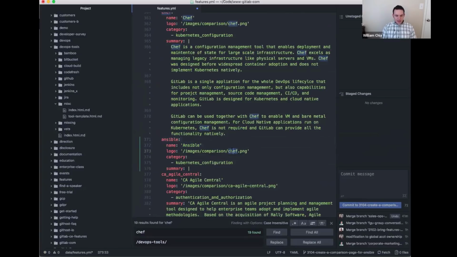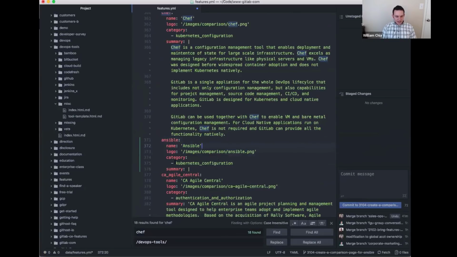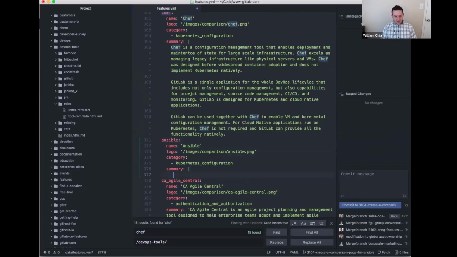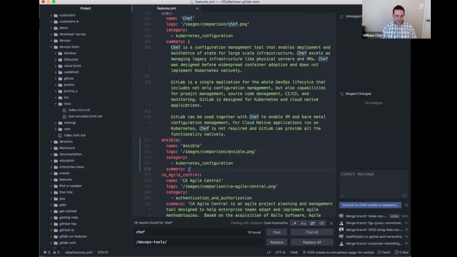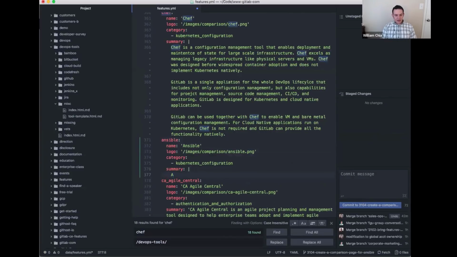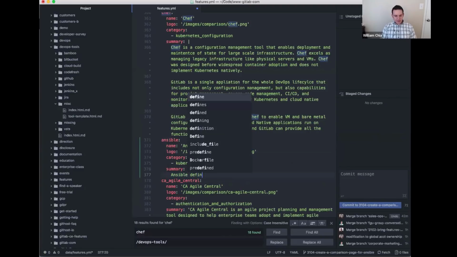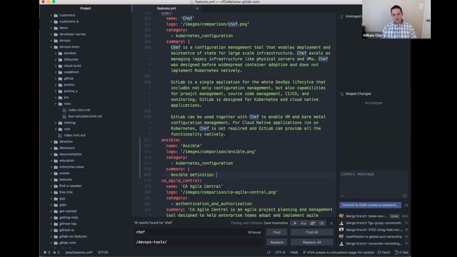So I'm just making some changes here. This file doesn't actually exist. We'll do something like this. Ansible definition here. So I'm just going to save those changes and stage them,